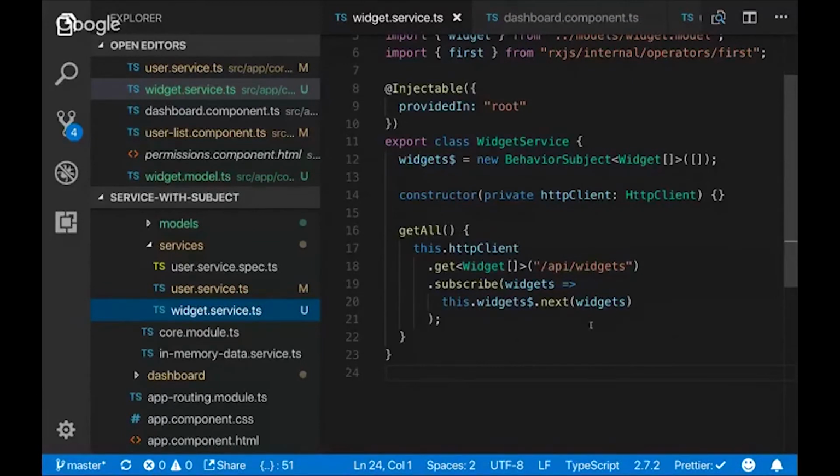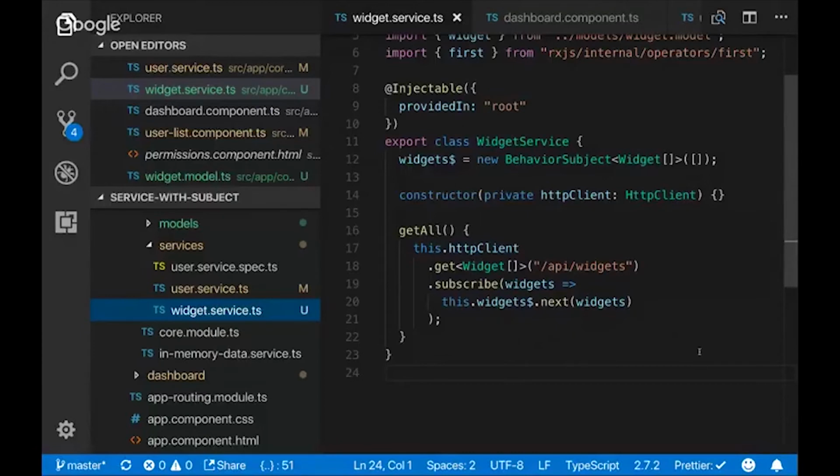The beauty here is that now we're updating this behavior subject. It's getting those widgets for us. As you guys may know, the HTTP client will auto-destroy itself, so we don't actually have to worry about it. We're not doing any other operations on it that would prevent it from doing garbage collection. So this is okay. I've got my subscribe here, it's getting that value emitted onto it, nice and simple.